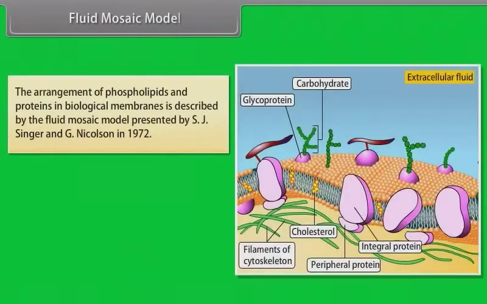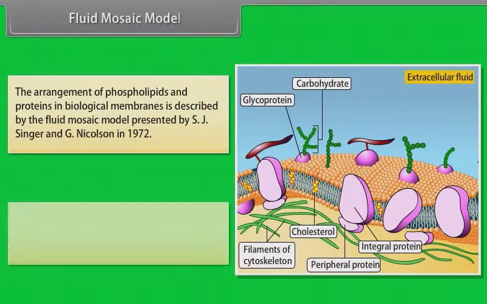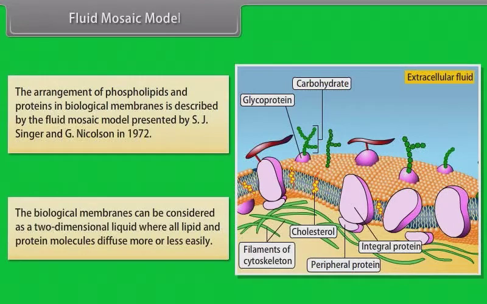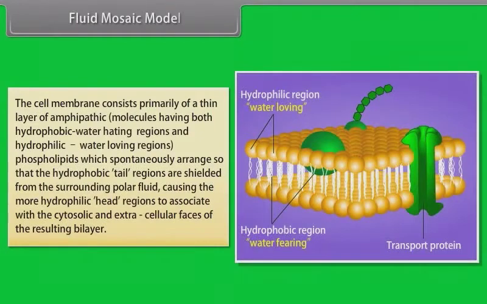Fluid mosaic model. The arrangement of phospholipids and proteins in biological membranes is described by the fluid mosaic model presented by S. J. Singer and G. Nicholson in 1972. The biological membranes can be considered as a two-dimensional liquid where all lipid and protein molecules diffuse more or less easily. The cell membrane consists primarily of thin layer of amphipathic molecules having both hydrophobic water-hating region